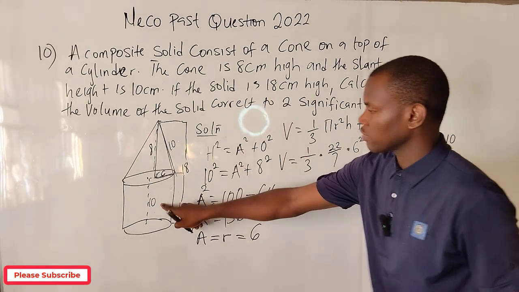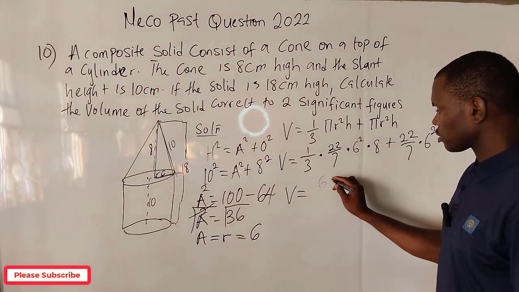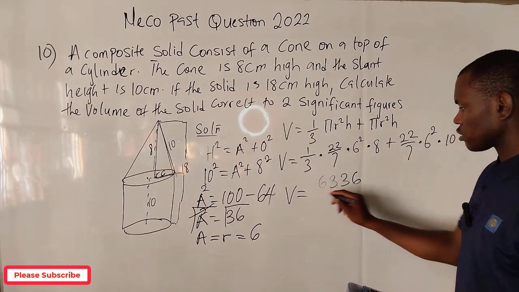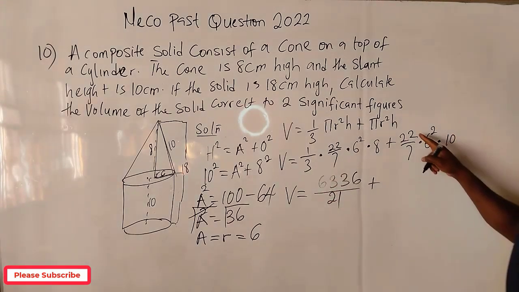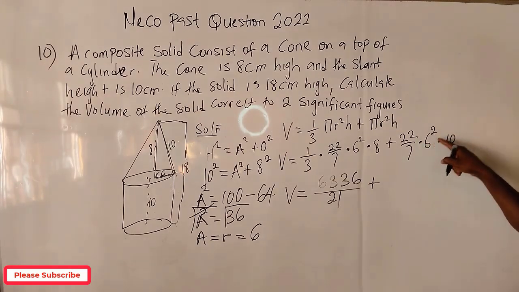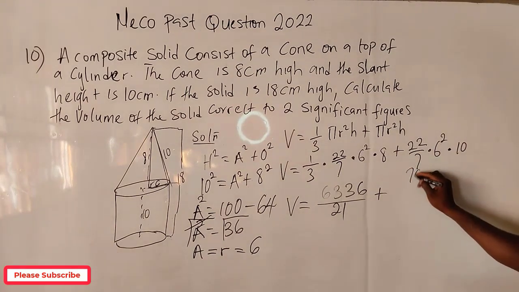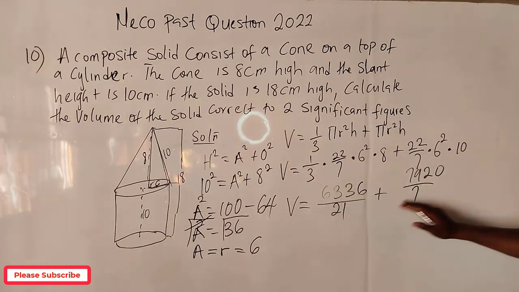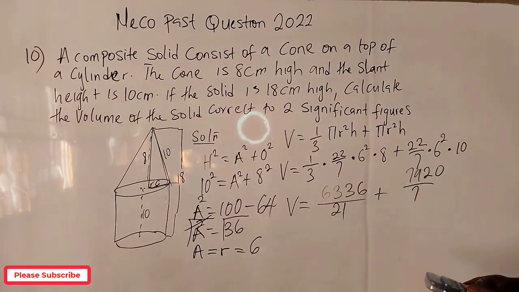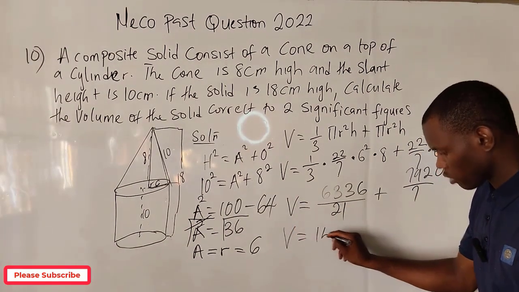It is 10 here. If I simplify this, I will have 6 over 3 times 7 is 21, plus 22 times 6 squared, which is 36, times 10. I will have 7920 over 7. Then we add. Point your calculator very well. You have V to be equal to